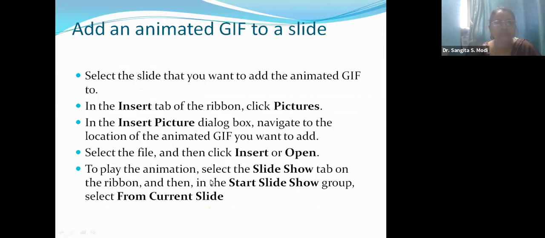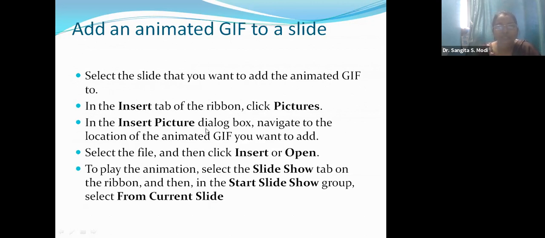Okay, so add an animated GIF to a slide. If you want to add any animated GIF, you have to select the slide that you want to add the animated GIF to. Just click on the Insert tab of the ribbon, and click on Pictures.